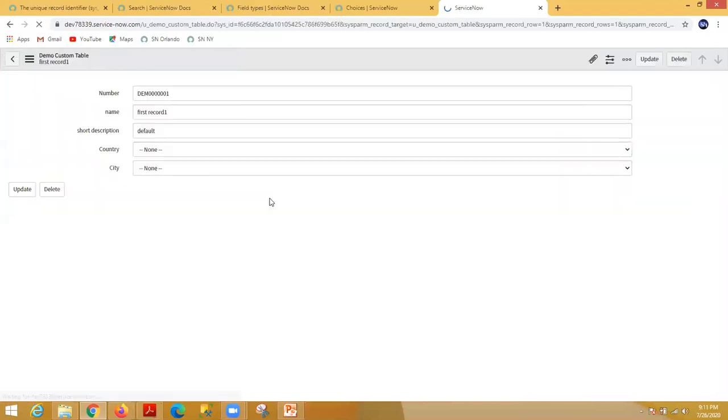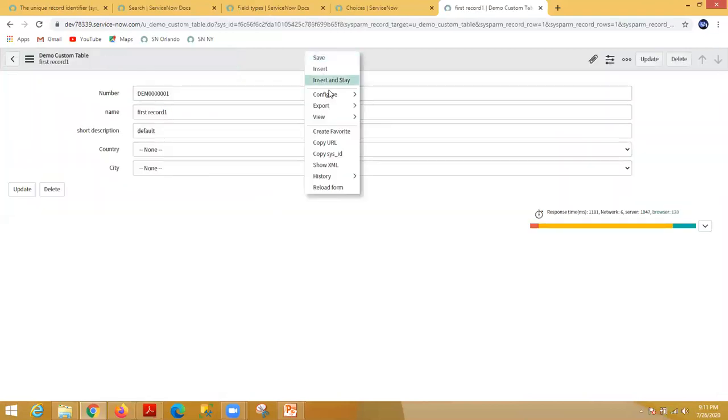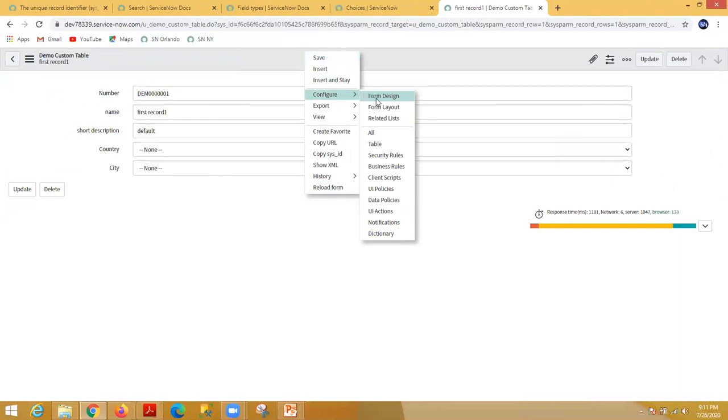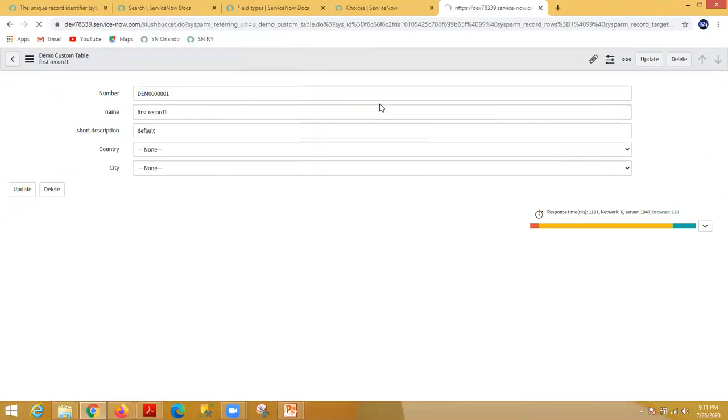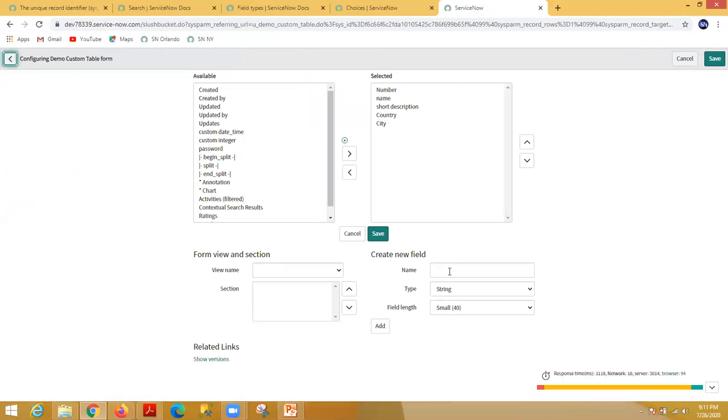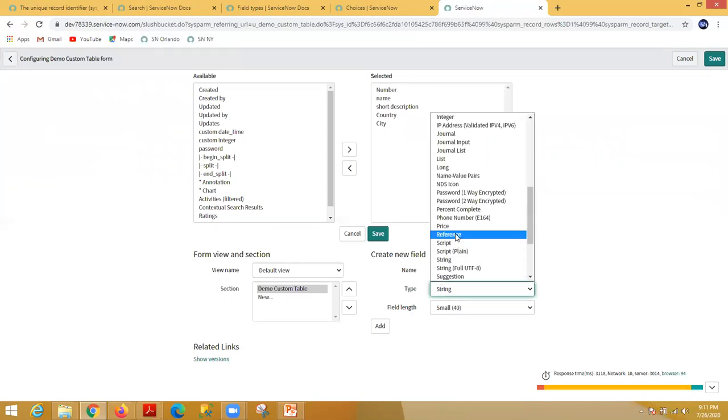So now what I need to do is configure the form layout, and suppose I want to add a select user field. Select user is my reference field, and here I need to select the type as reference, this one.